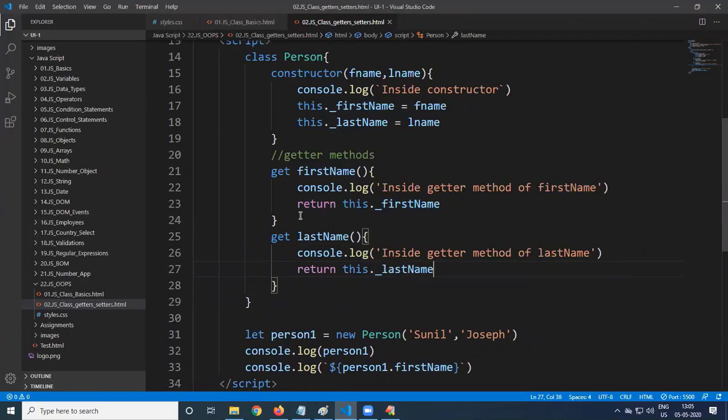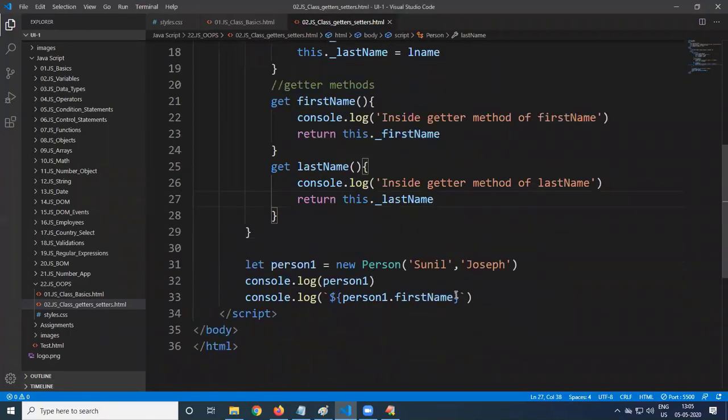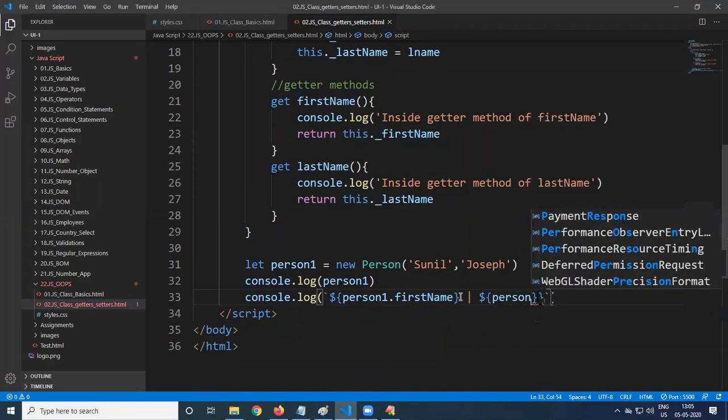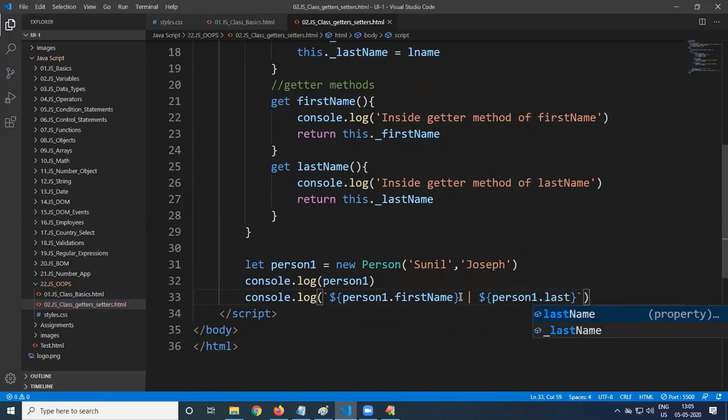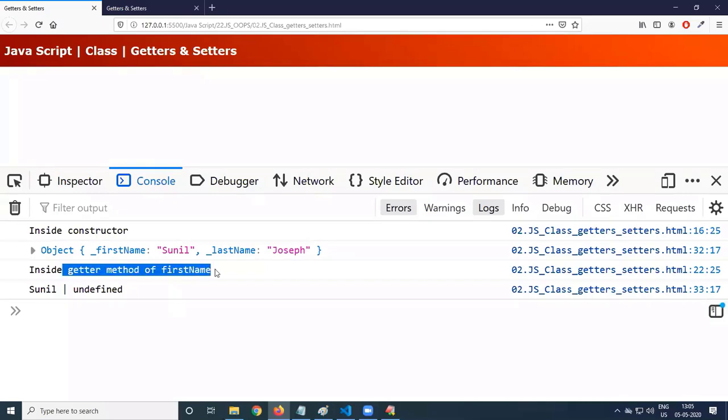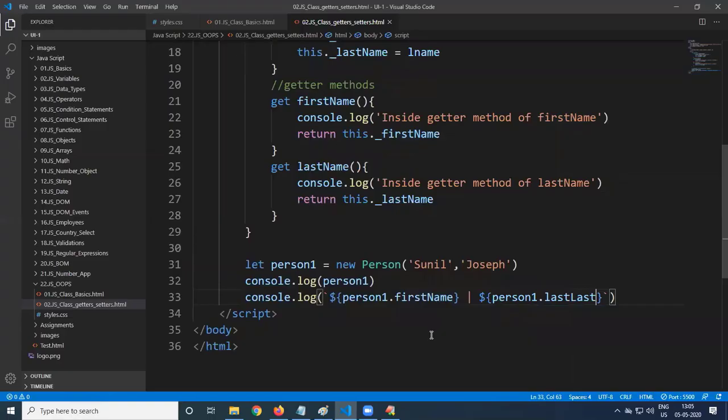Underscore last name is the actual property. So now if you want to get that, I'll put a separator. So dollar, I don't want to expose the actual property name outside. For that purpose, we use the getter and the setter methods. So person1 dot last name. You see, inside getter method of first name, undefined. Oh, sorry, last name.